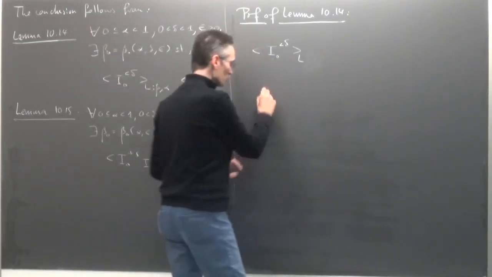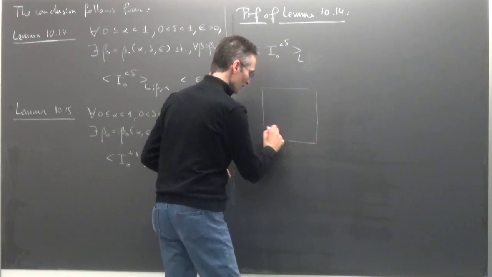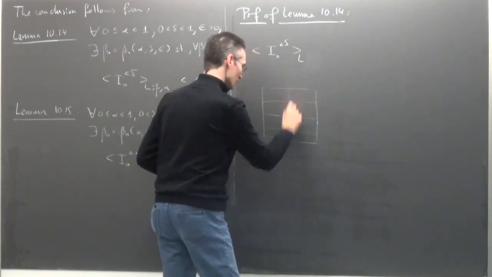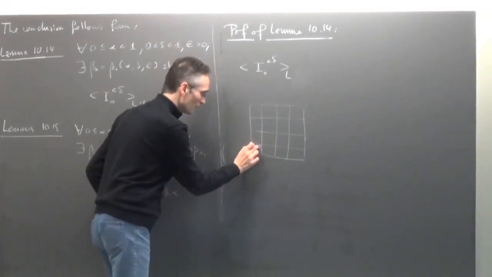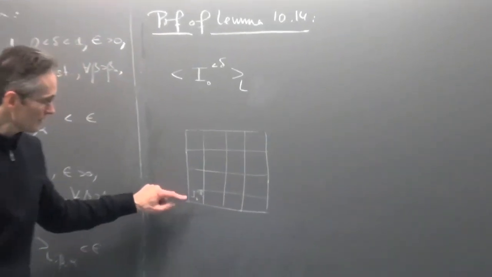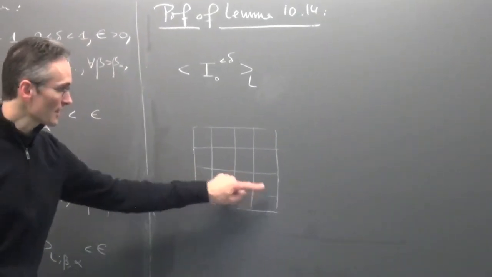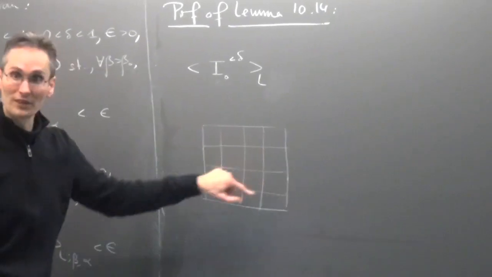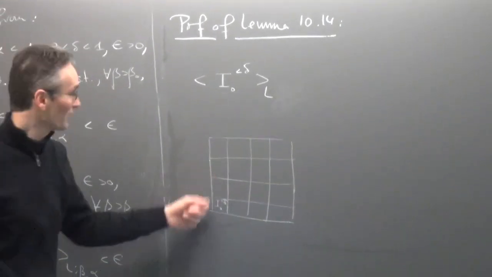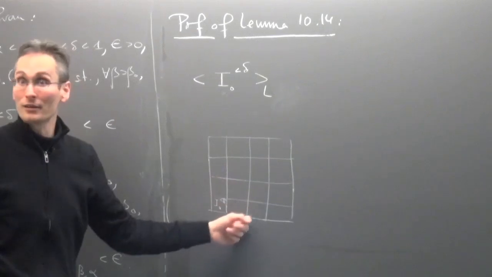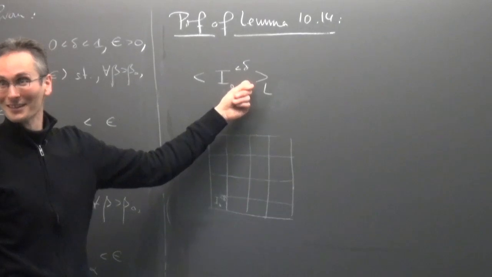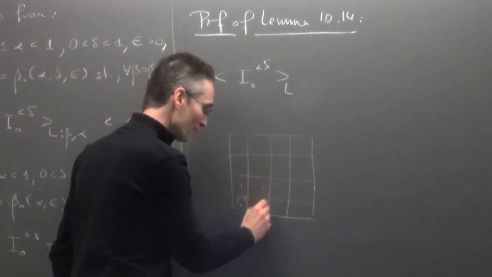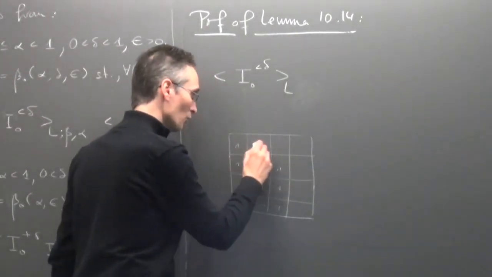So the picture here should be the following. You have the torus, two-dimensional torus. You have your function here, I0 smaller than delta. And if I want to apply the chessboard estimate, I need to have a function for each cell. So I will make reflection of functions in each of these cells. So what function am I going to put in the other cells, but just the function 1, the constant 1. If I put the constant 1 everywhere, I can just insert 1, 1, 1, 1, 1, 1 here. Okay, it doesn't change anything. So I'm putting just 1s everywhere, just the constants.